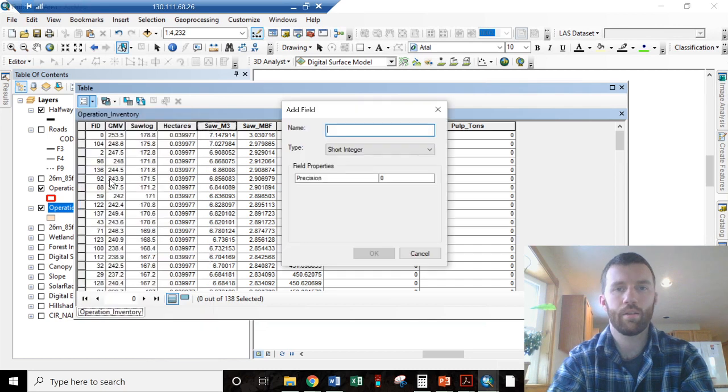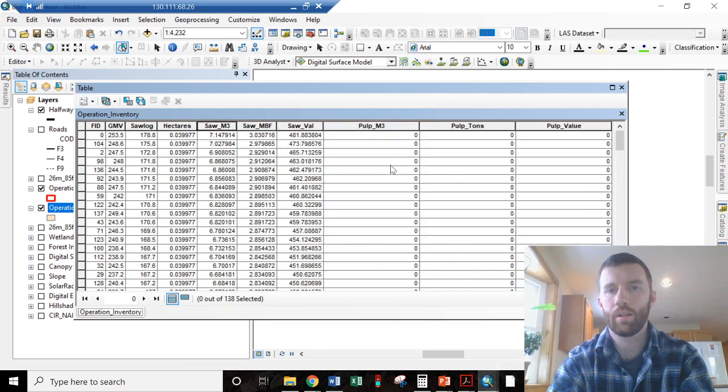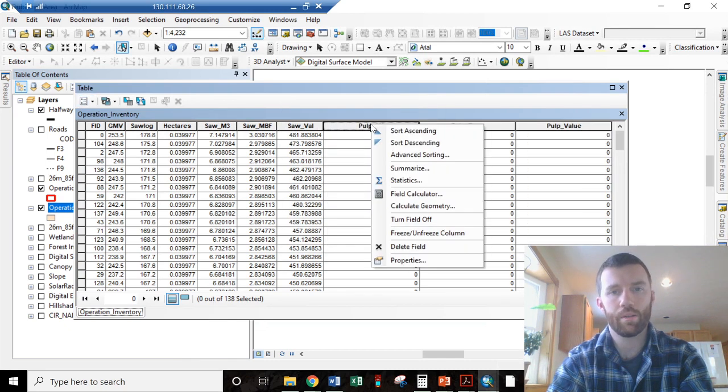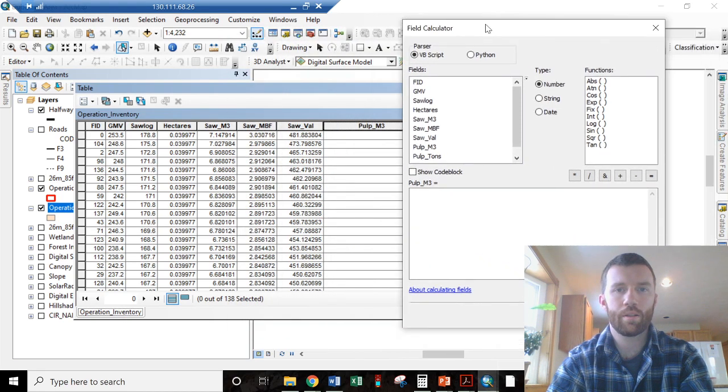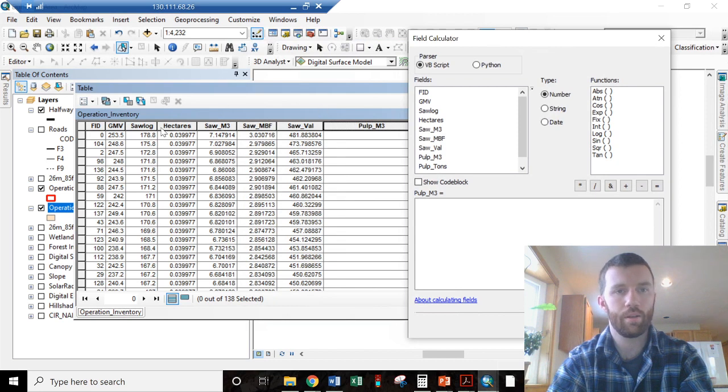And finally, pulp value, and that is going to be type double as well. So pulp cubic meters is going to be field calculator, and that is going to be just like the other one with a slight difference. So we need to write the expression, open parentheses, GMV minus saw log times